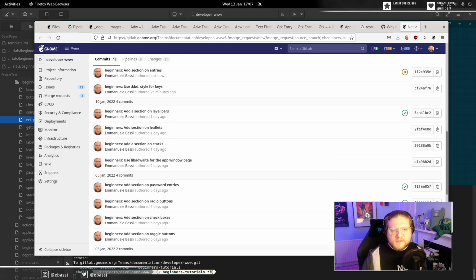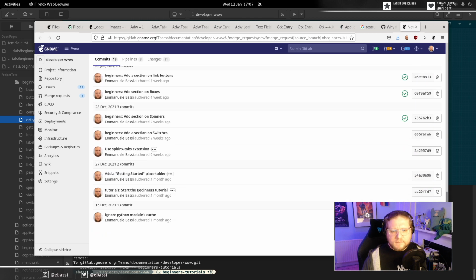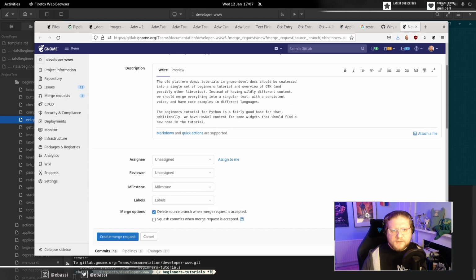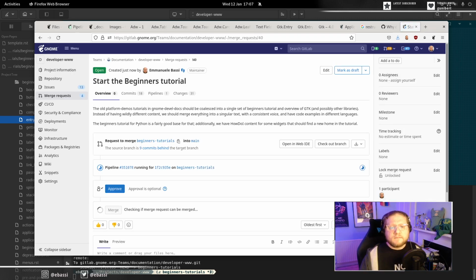Do I have any fix-up stuff? I don't. So we can create a merge request there. Yeah, we can start with merge request and then